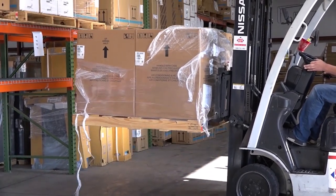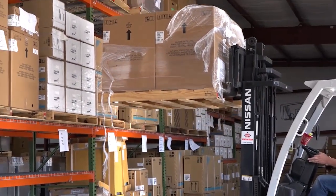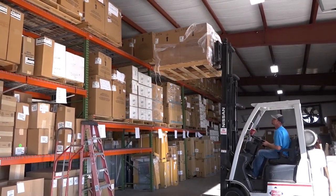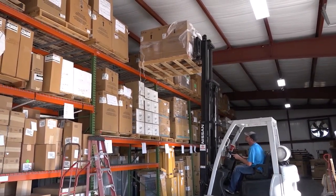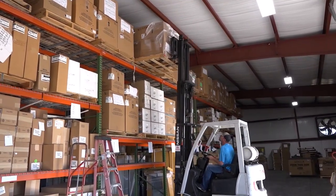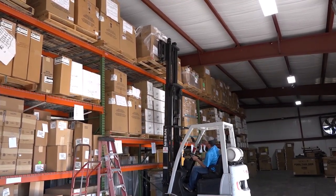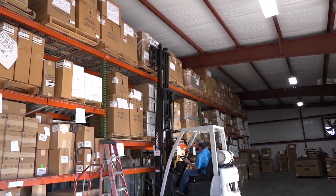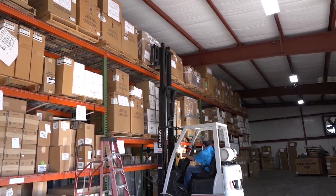And when placing that skid back on the rack, there again, raise your forks up at a good safe speed to where you ensure that you can control it. Raise it up just slightly higher than the rack. Slowly drive into it, gauging your height. Once you get to where the skid's just about in place, you can tilt your mast forward just a little bit, drop your forks down,